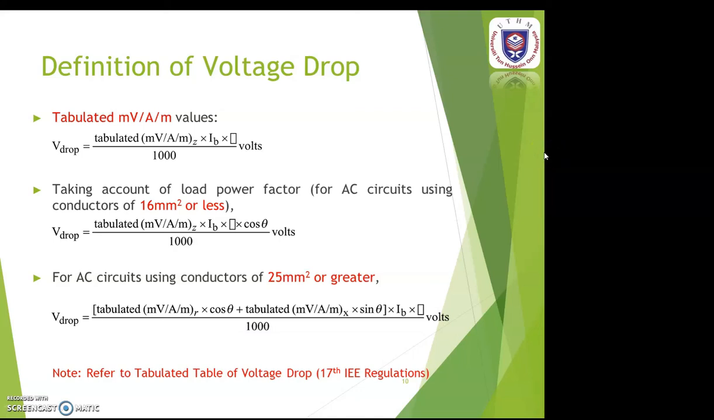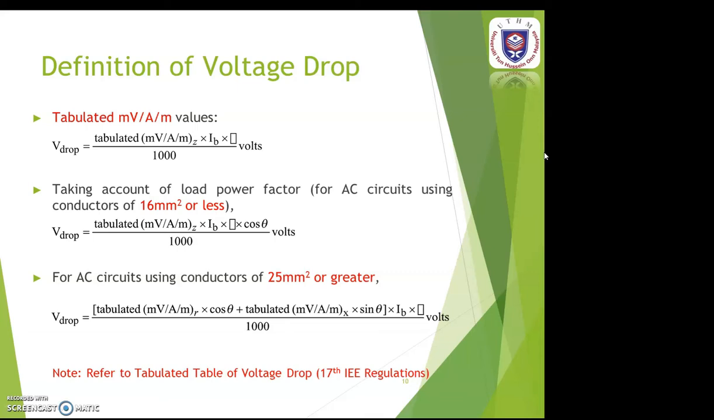Okay, from the previous lecture, I have informed that the formulation for the voltage drop is the design current or the line current, multiplied by the circuit resistance times cos theta, minus the circuit reactance times sin theta. So we have other formulations for the voltage drop, which is by using the tabulated millivolt per ampere per meter